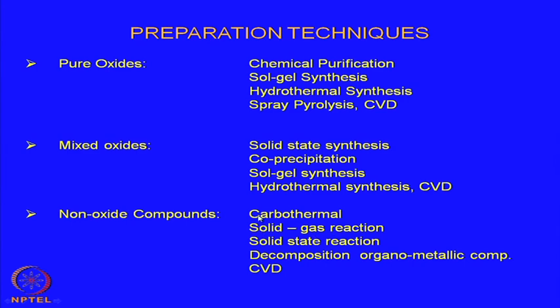Instead, we go for carbothermal reaction. Basically, carbothermal reaction is an oxide mixed with carbon and heated to high temperature. It is normally an exothermic reaction, and by that process the metal carbides can be formed. That is a very common technique for making carbides, whether it is silicon carbide, tungsten carbide and so on. They are mostly made by the so called carbothermal process, which is nothing but mixing with carbon and then heating it